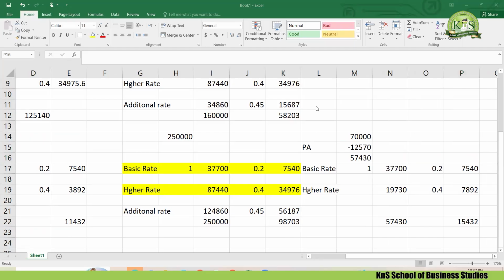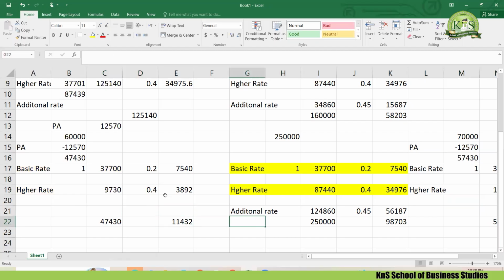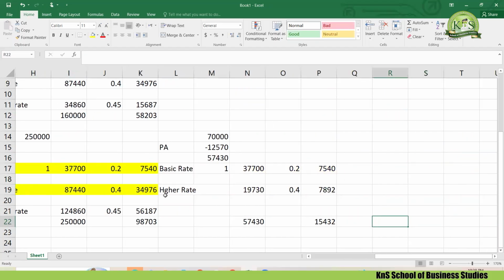Sheena, what have you missed? Just check. Have you applied the basic rate, and the subtraction of this 40%? So 15,432 is the answer. If you made a mistake, obviously there's something you must have missed, so you can check that. Yes, that was for 60,000, but I gave you the figure of 70,000. So you can try this as well.